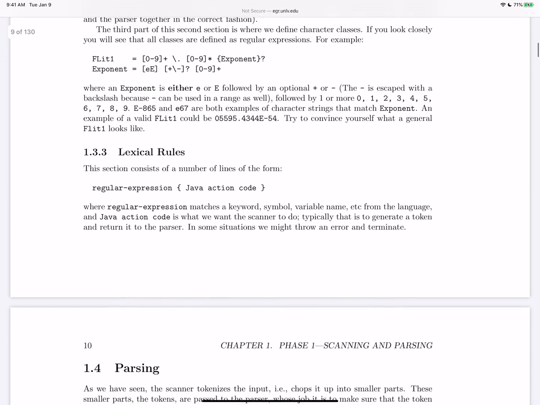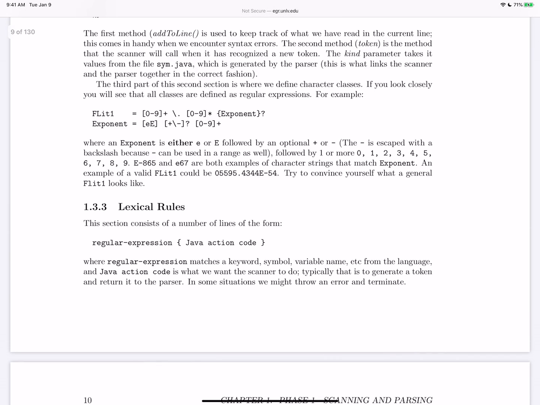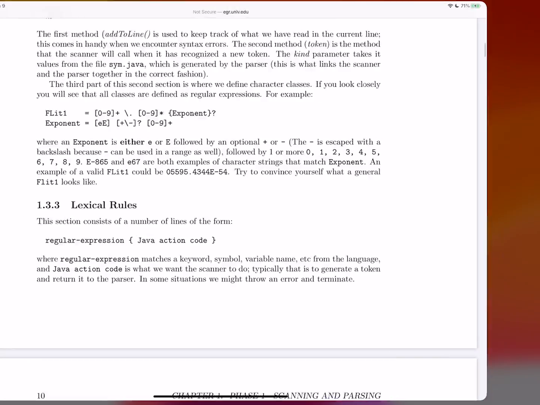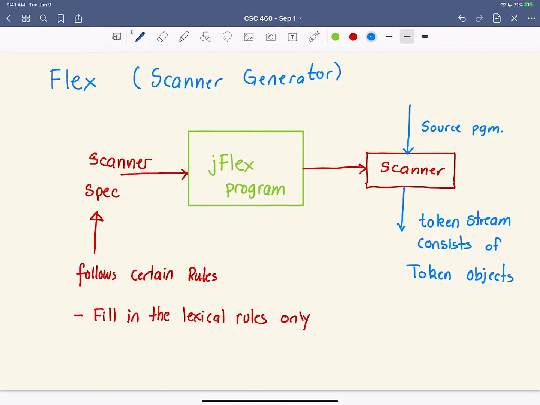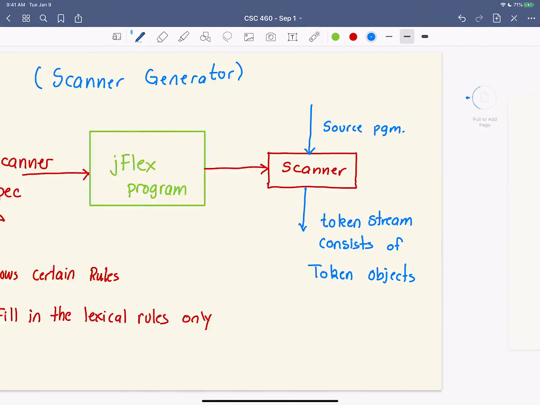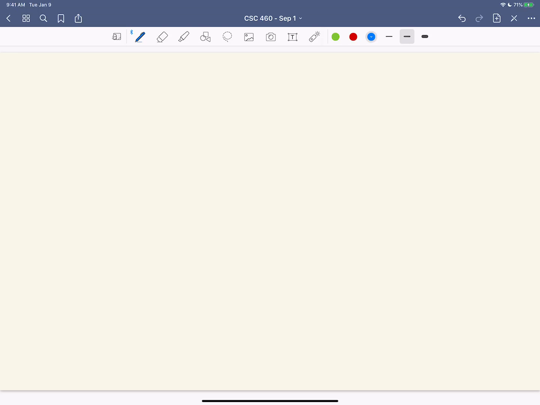So shall we take a look at how that might look? So let's just go back to here. If I can actually get a new page. Here we go. So let's just talk a little bit about a token first. A token class. Now, what's the least information we can get away with? Information about the kind and probably also the lexeme.